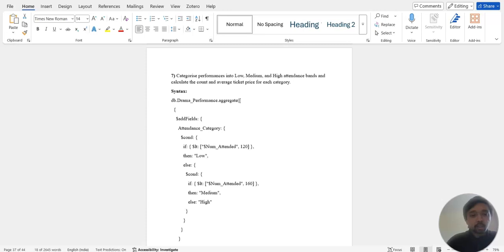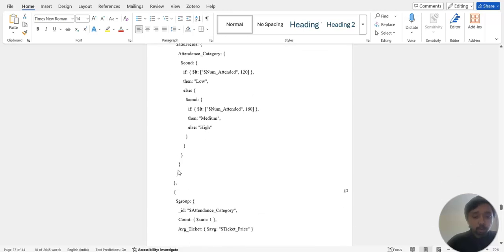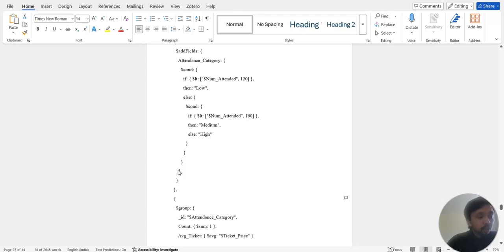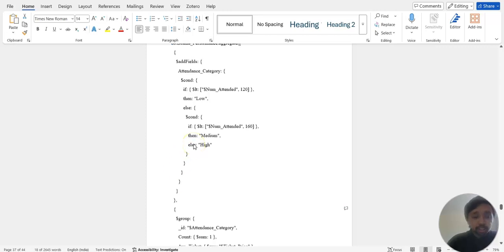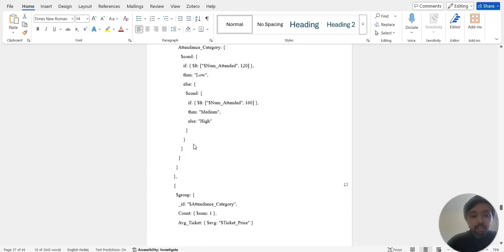ticket price. For this we have the syntax for this query, and we have two main parts, that is the addFields operator part and the group operator part. The addFields operator part is used for the main classification, and the group part is used for summarizing the data.